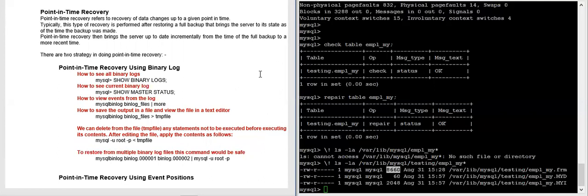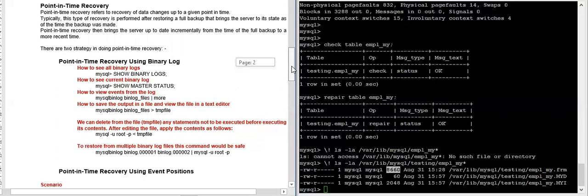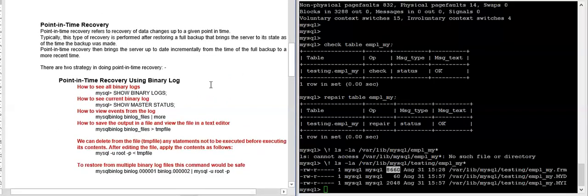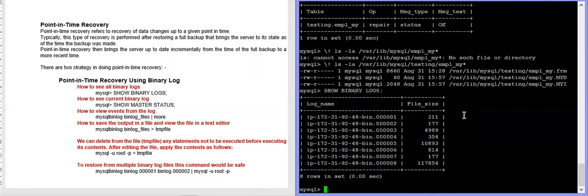So binary log is one of the key components for point in time recovery of any database in MySQL. Let's discuss some points about binary logs first, so that this will be used in your point in time recovery. Binary logs will show you the current binary logs and their current position. These are the binary logs which are there in your database now.